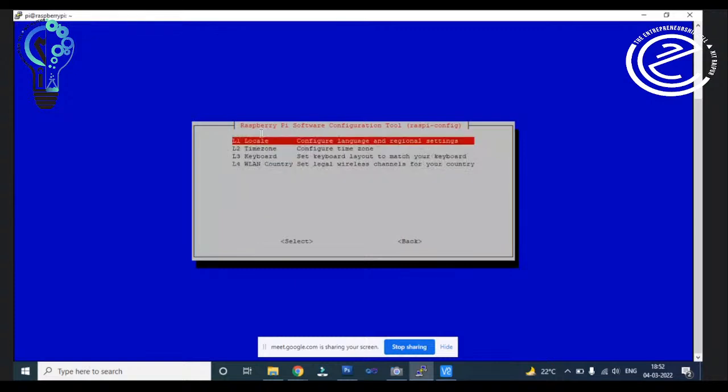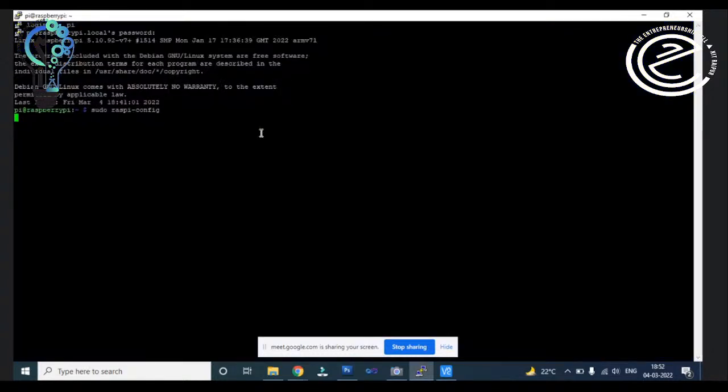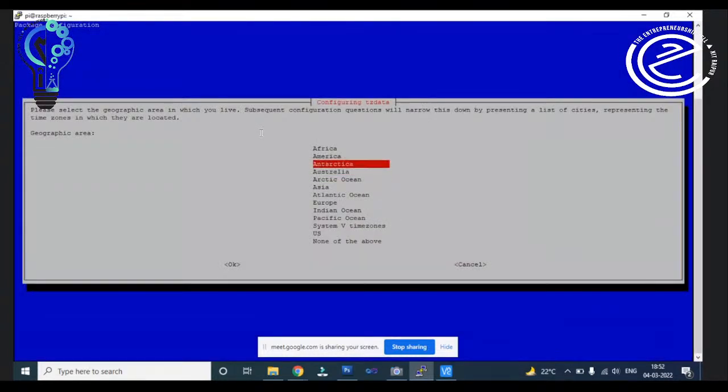Then we have localization option, time zone and other things, right? We can configure the time zone here. You can see it will show the time zone. We can choose different time zones here. I'm choosing Indian Ocean, right?